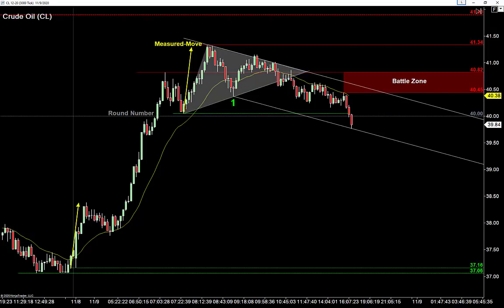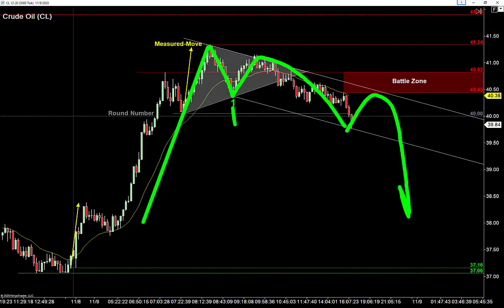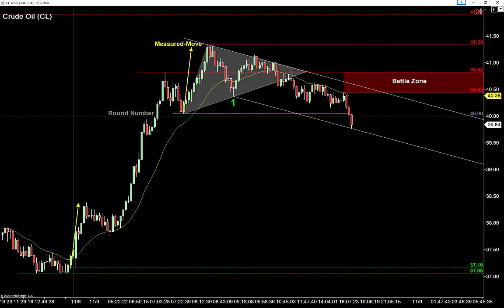And as you can imagine, there's no weekend gap on the oil. There might have been a little gap down there, but those small gaps you're not going to worry about. It's the big gaps like we saw on the S&P. From what it looks like to me, those buyers have lost their grip. I'd like to get short into that second try for the buyers, 1, 2, and run this thing lower